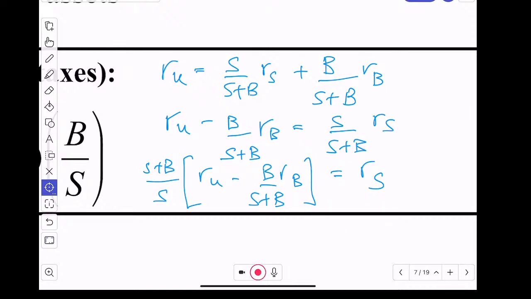So I've taken this and moved it over here. So I subtracted that from both sides. And then I want to isolate RS, so I cross multiply this up. So I multiply by the reciprocal here to this side. Now, you see how this is going to work? I'm going to have S plus B RU